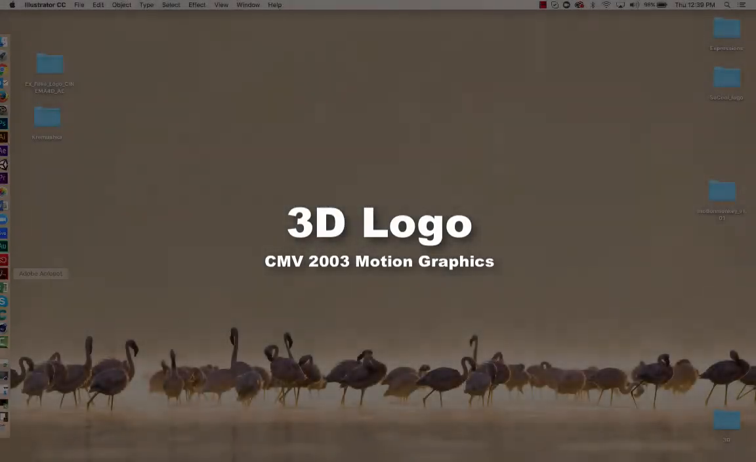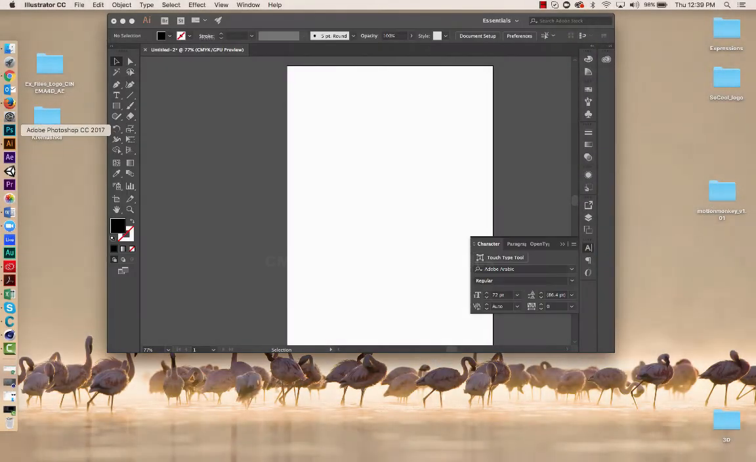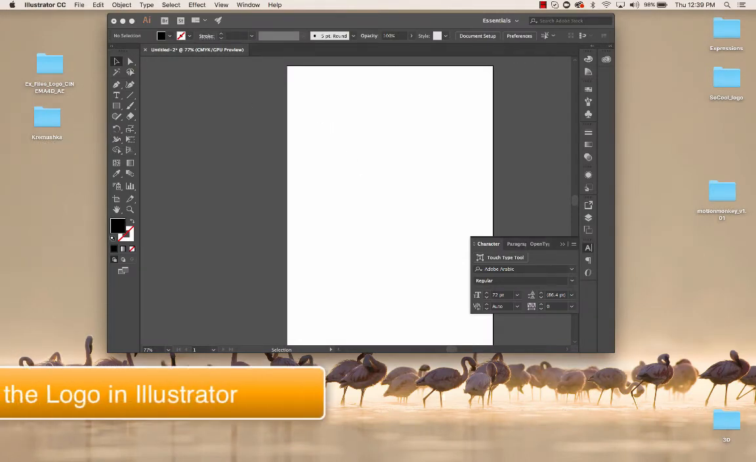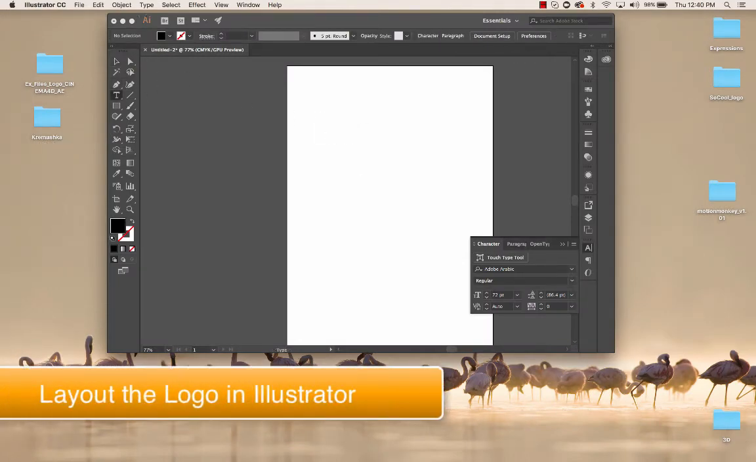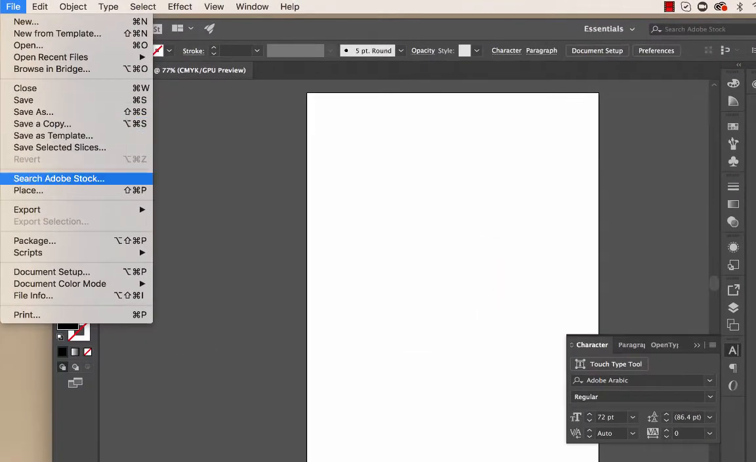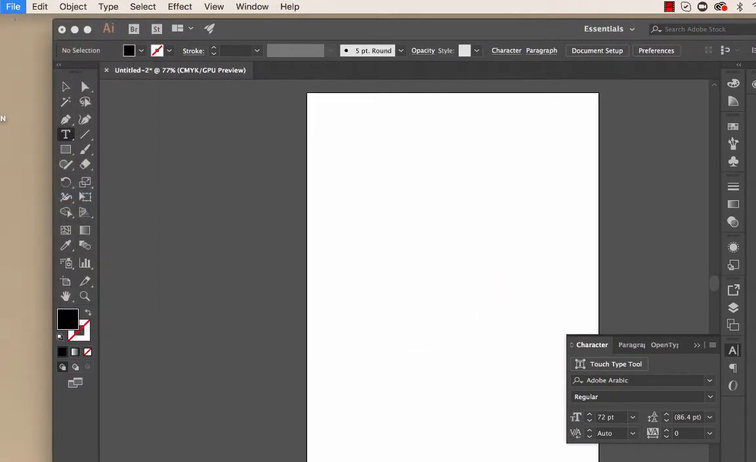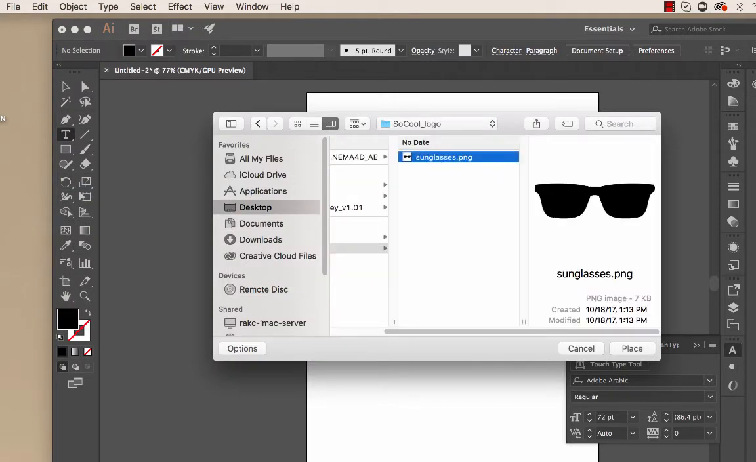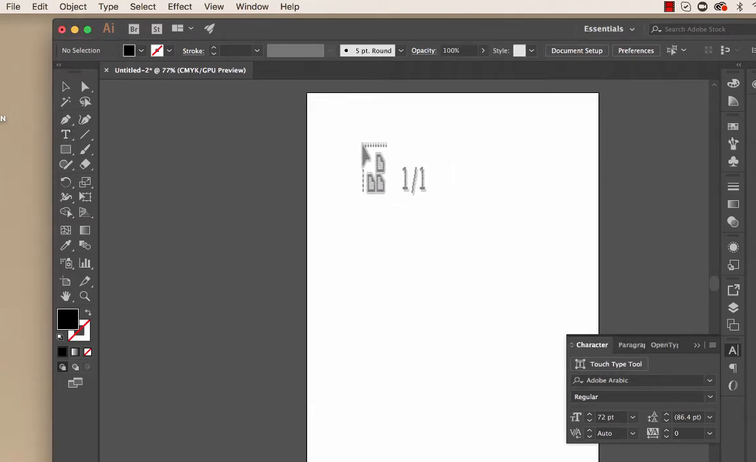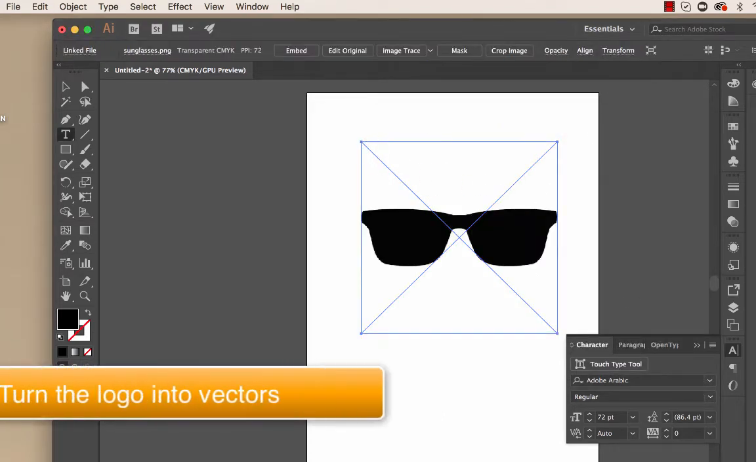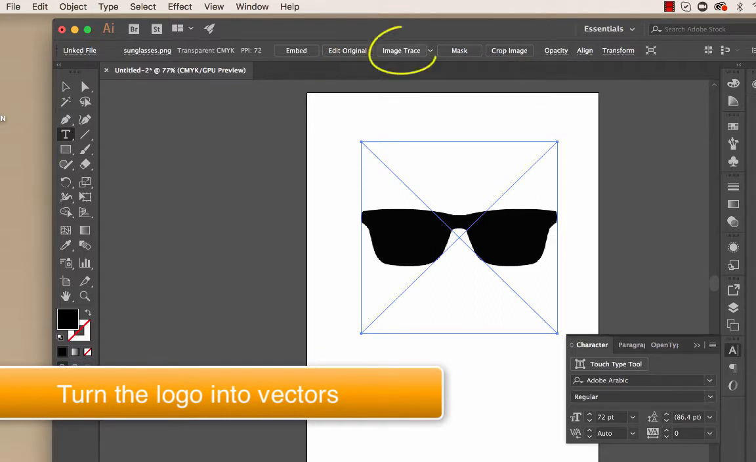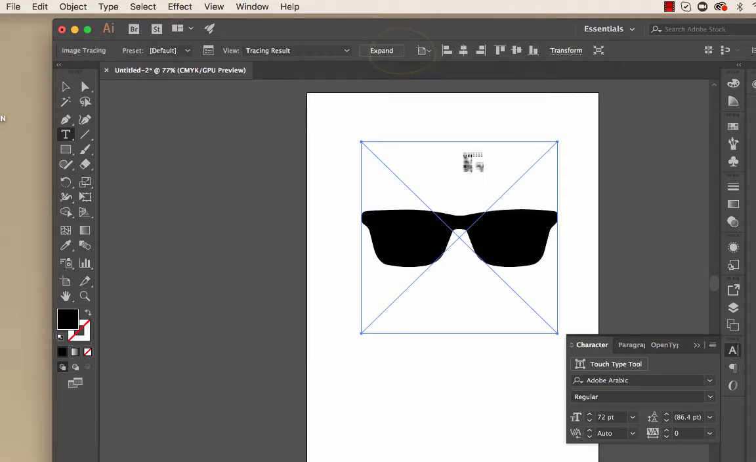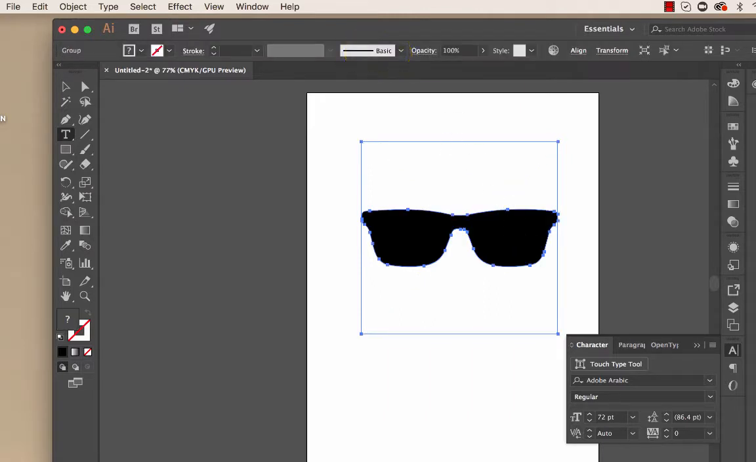So in this video tutorial, we're going to look at animating a logo in 3D. And I'm going to start by placing a logo in Illustrator. And this logo is actually a pair of sunglasses. So I'm going to do a basic image trace and expand it and ungroup it